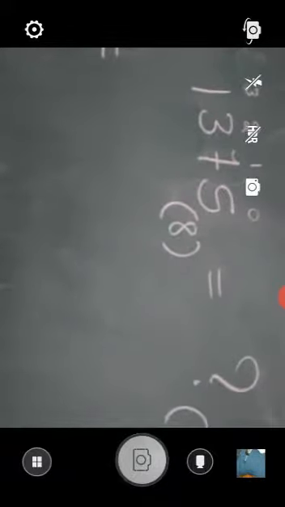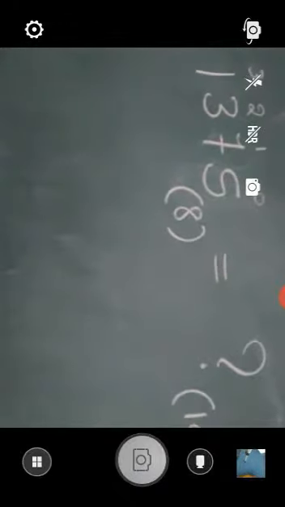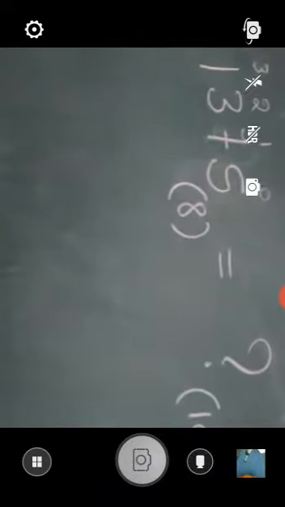Now if I take the third example, okay, that is 1375 to the base 8. It is in the octal number system. We have to convert it into the decimal value. First write down its positional value. I have written it as you can see on the screen: 0, 1, 2, 3. Okay. So now take down.